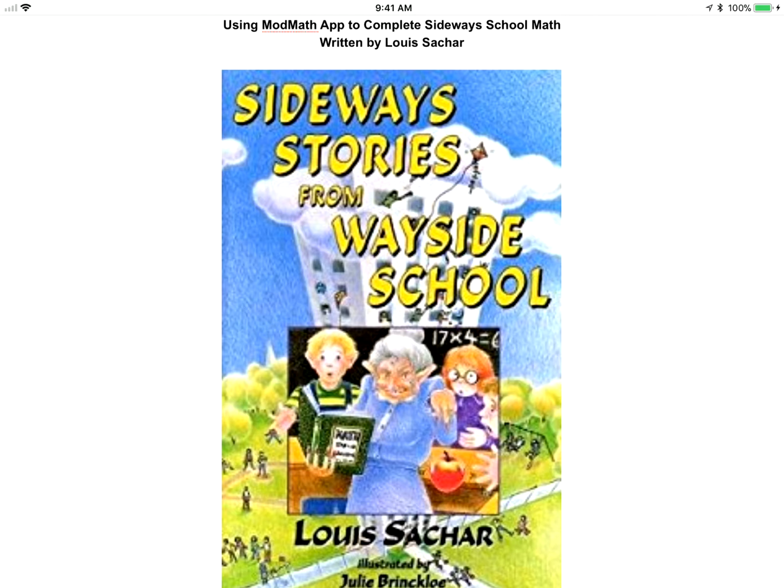Now that you have a ModMath app on your AT iPad, you'll have the power to type your math work directly on the iPad. No more need for a pen, paper, or any worksheets. So to show you how to use the app, I'd love to use one of my favorite books, Sideways Stories